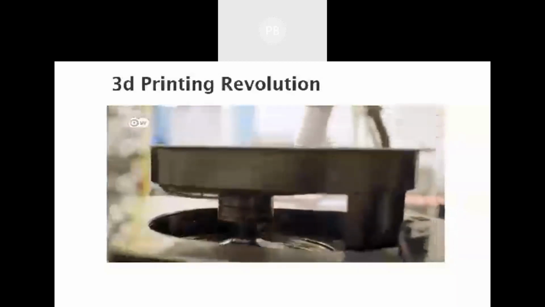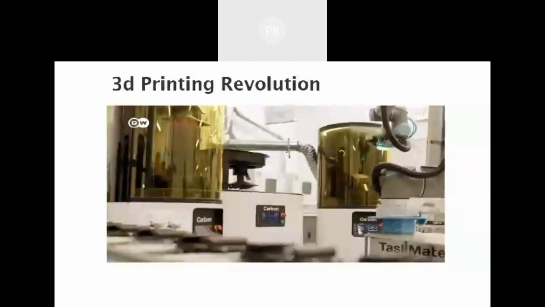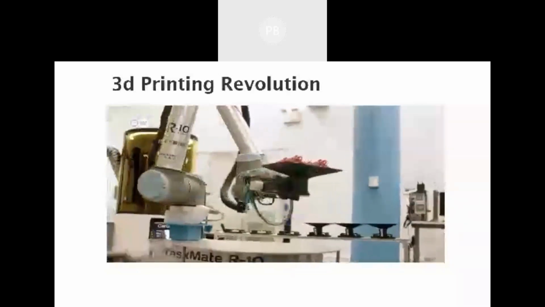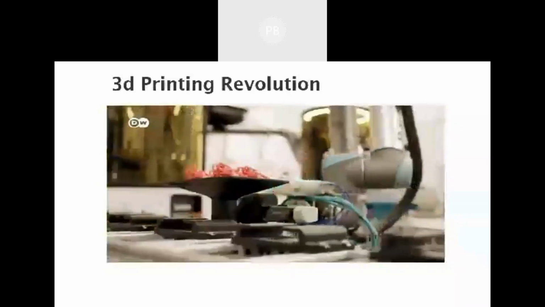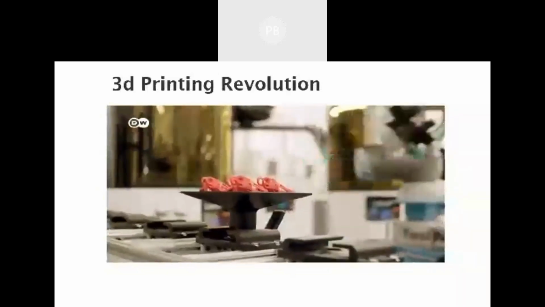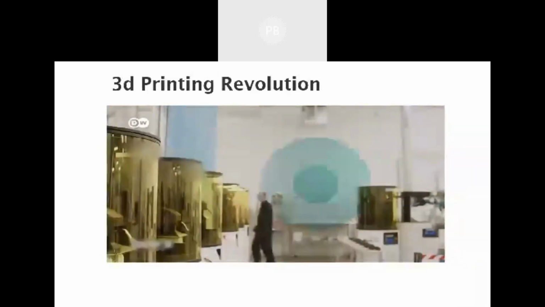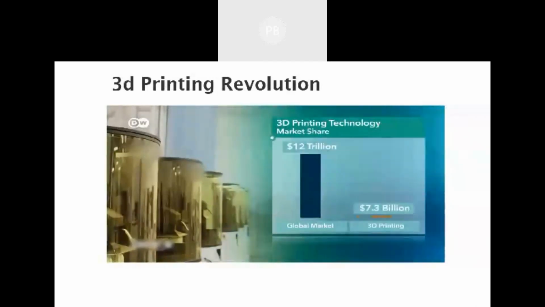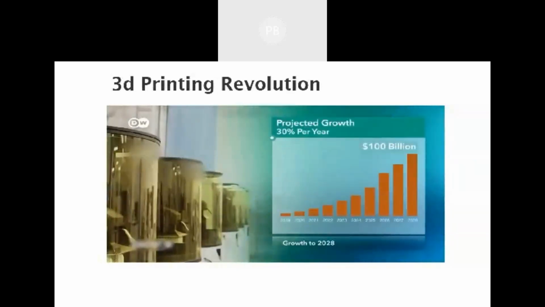These days, 3D printers can make just about anything, and robots automatically supervise the assembly lines. These machines can print single pieces or entire series of products, 24 hours a day. But so far, 3D printing accounts for only a small percentage of global manufacturing sales, which now total about $12 trillion. Revenues for the 3D printing industry in 2017 were only about $7 billion. But over the next 10 years, sales are expected to reach $100 billion.